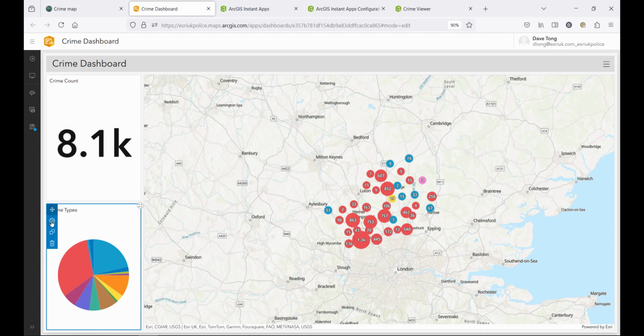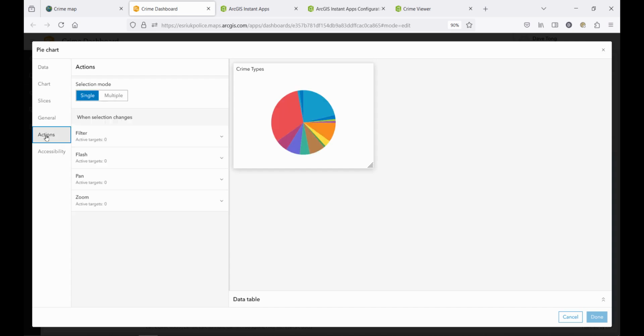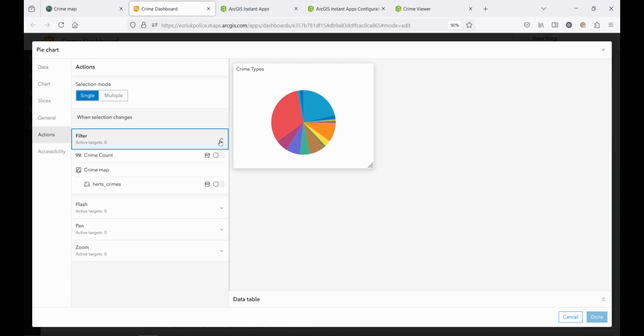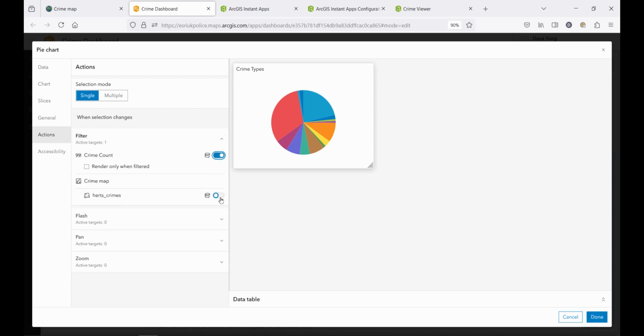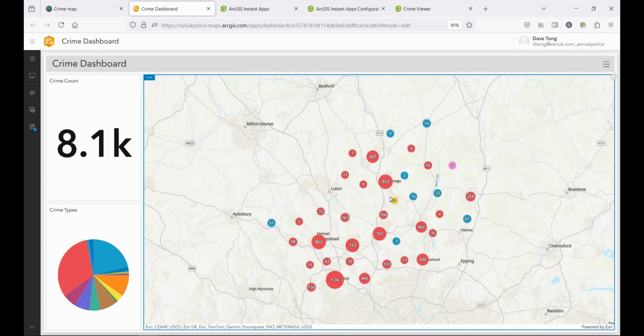So if I go into my configuration options here, we've got an option for actions. What actions are doing is it means as we interact with this element, we want to update various other features across the rest of the dashboard. So most importantly, I want to filter both the count and the map to reflect my choices here. So I've turned both of those on. I click done. So if we zoom in a little bit,